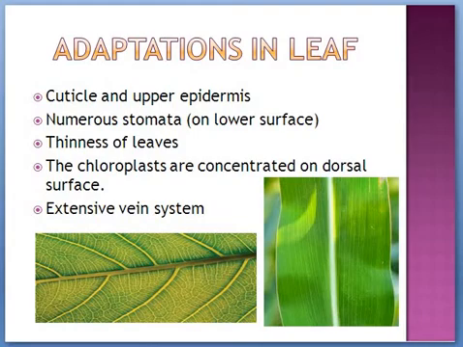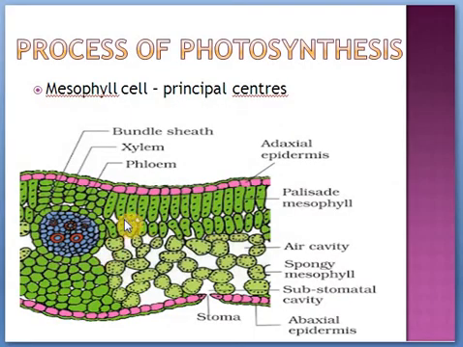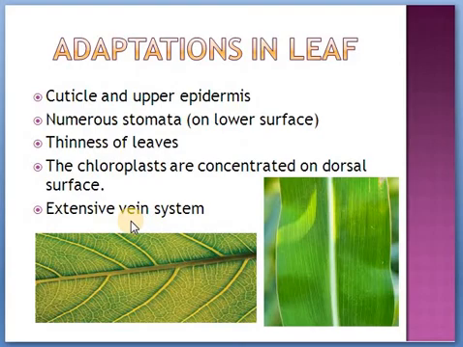Remember that internal structure. Chloroplast will be more in the dorsal surface, right? In the palisade layer, chloroplast will be very high, so that when sunlight falls on that surface, they can get more sunlight, more photons. And then the extensive vein system. This is the vein. Just as we have a vein system, leaves also have veins. Xylem and phloem will be very extensive there. Xylem provides water and phloem collects back the food material. So they have an extensive vein system.